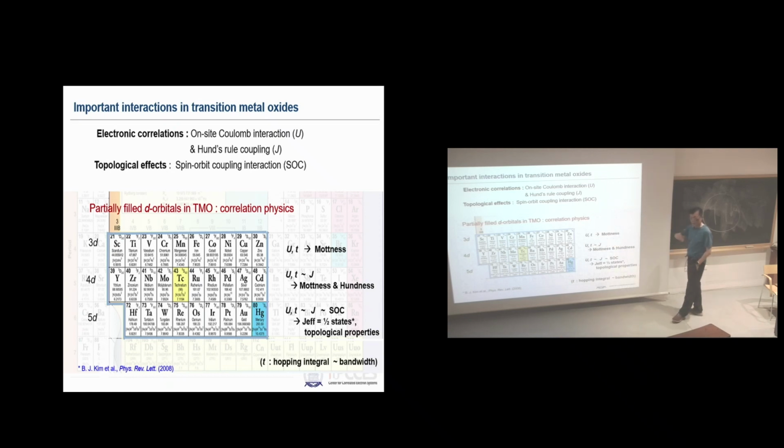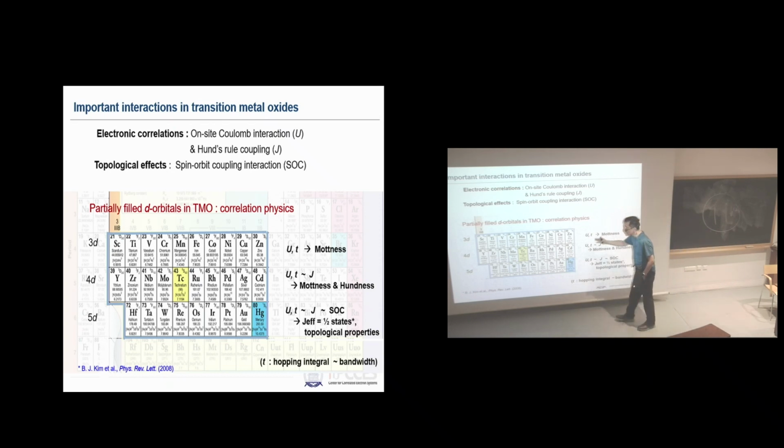So another kind of physics comes out, called Hund's physics. And nowadays, many people start looking at even some metallic systems, where even though there are strong correlation phenomena, this J starts to play an important role. That is called a Hund's metal. This concept has particularly been developed by the Paris group.